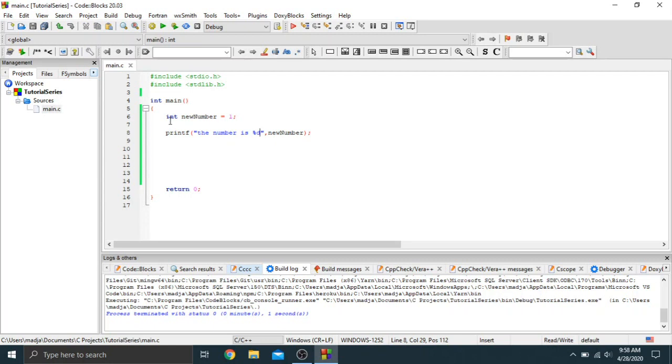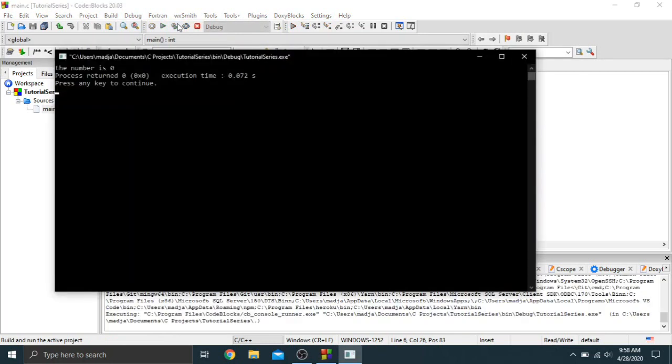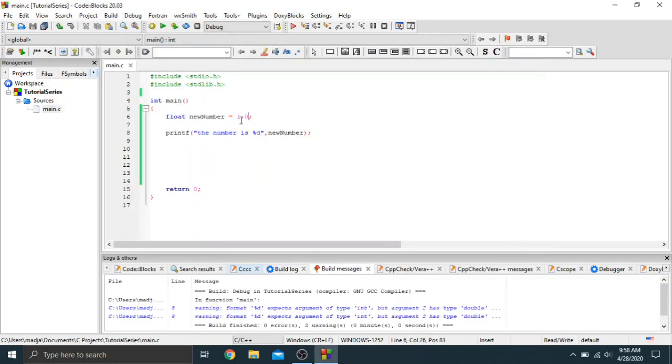Now, what if I wanted to do a float? A float is basically a decimal or integer, but it'll be a float like that. And for a float, I'd have to say like 1.0, for instance. Now, if I do D, I think I'm gonna get an error, or I actually got 0, right? So if I do I